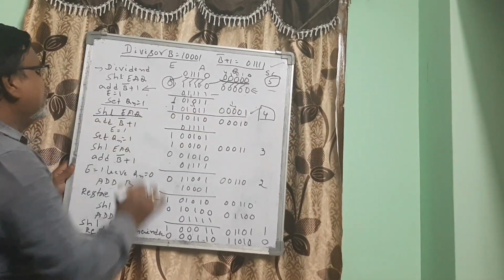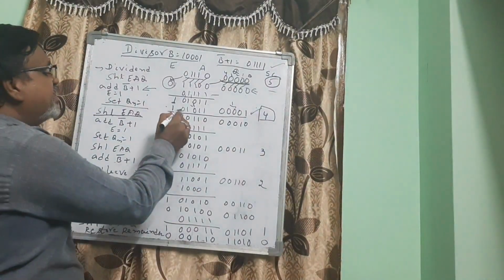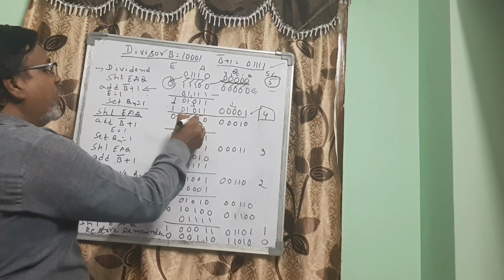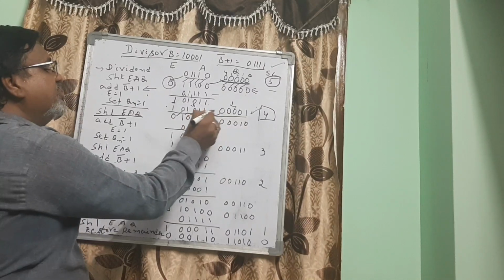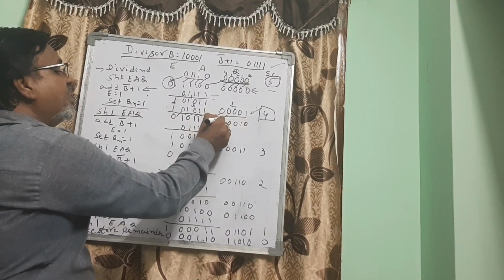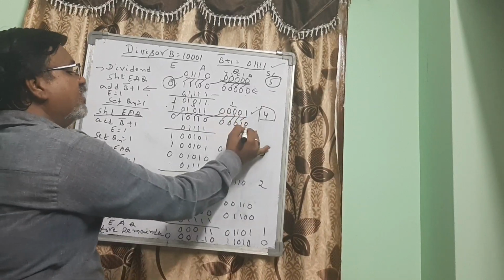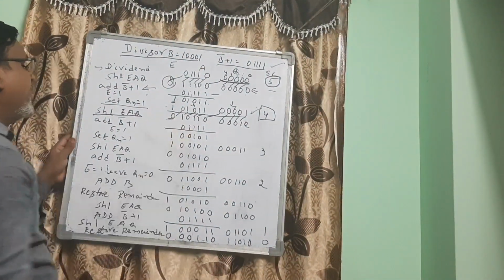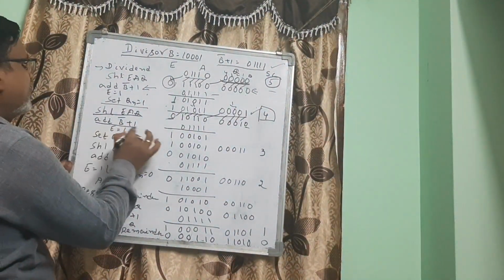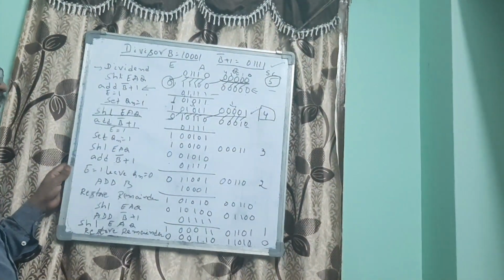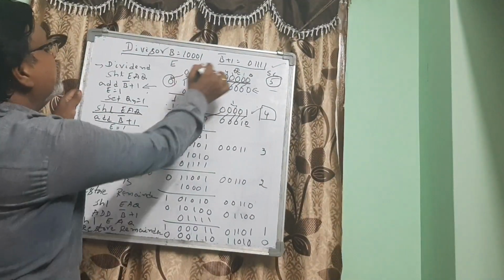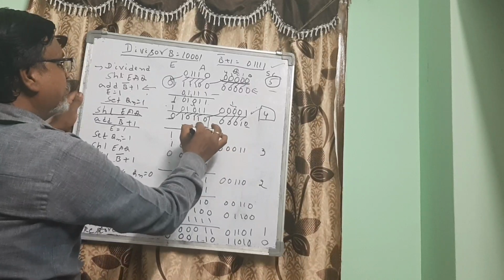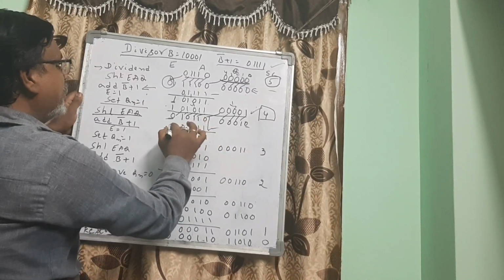Now what we are performing here is shifting left the EAQ. So this one 0, 1, 0, 1, 1, and the most significant bit of Q, which is 0, comes to the least significant bit of A, here, this one, and we add 0 at the end. So now here what is the value of E? Again E value is 0. So we are performing add B bar plus 1. B bar plus 1 means subtracting. So here B bar plus 1 is 0, 1, 1 to this. 0 plus 1, 1, 1 plus 1, 1, 0, 1 plus 1 plus 1, 1, 1, 1 plus 1, 1, 0, 1 plus 1, 1, 0.